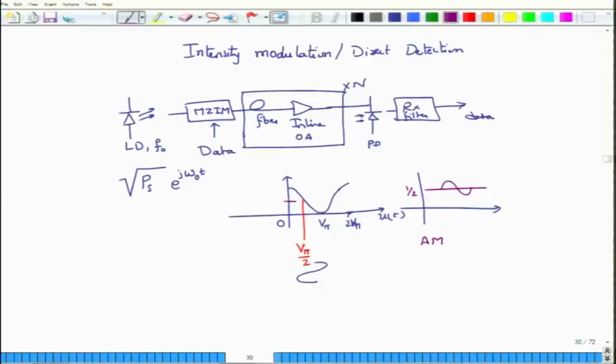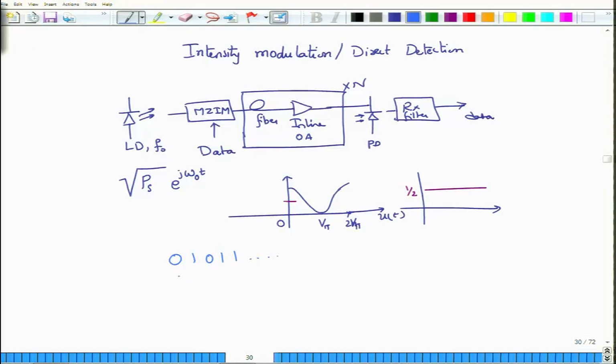But we are not interested in this analog modulation technique. What we are interested in is a digital modulation technique. For digital modulation, we need to determine what kind of modulation we are going to do. For example, if we want to only vary the intensity as a function of the input data sequence, we will assume that the input binary sequence is given by a sequence of 0, 1, 1, 1, whatever that is. So, it is a sequence which consists only of zeros and ones.